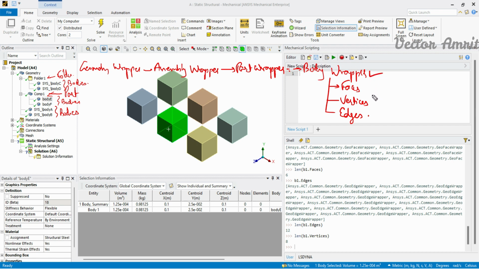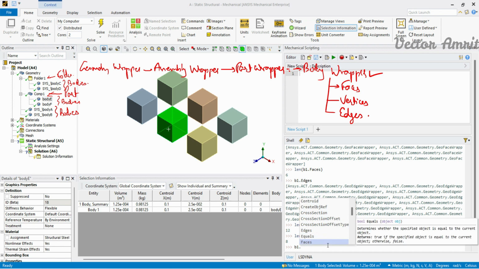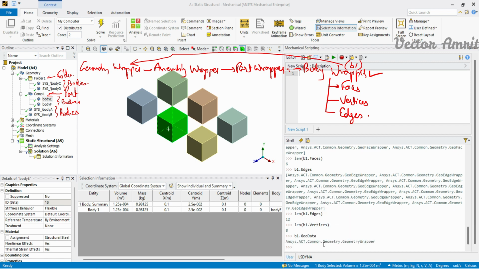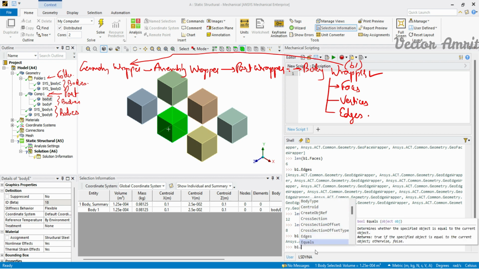So we saw that body has area, centroid, number of edges, number of faces, and geodata, to get the parent object. For example, you are here at body, which is b1 right now. If you want to go from b1 to the body wrapper or the geometry wrapper directly, you can choose geodata. Let me show you once. If you select geodata, you will see it is returning the geometry wrapper, which was our parent. And then b1.edges, faces,